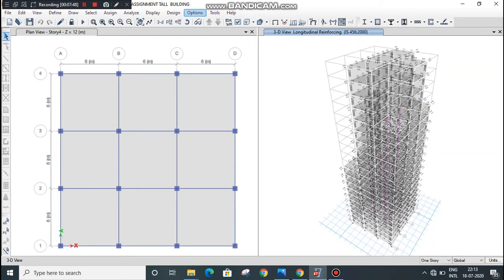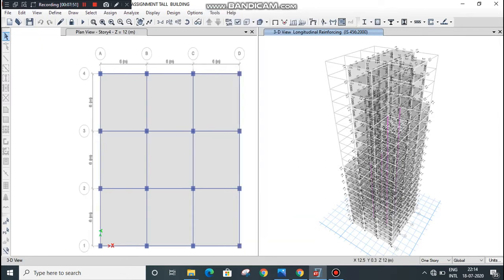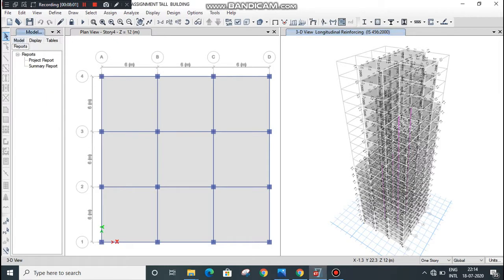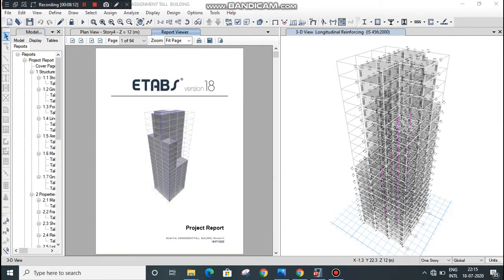We can see the report here. Double click on project to see the report and summary. Click on summary report. Here you can see the project report.